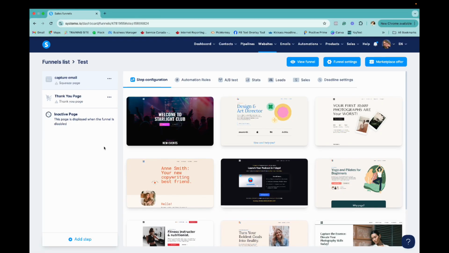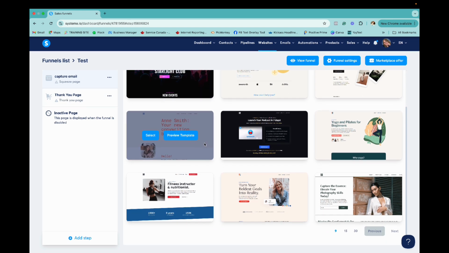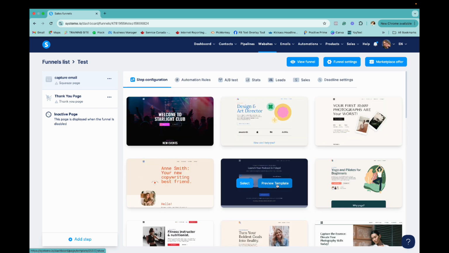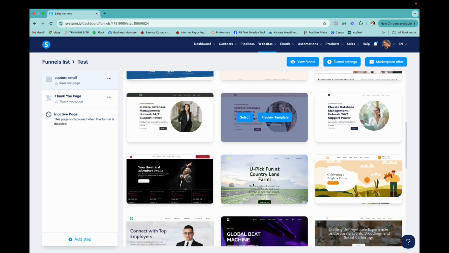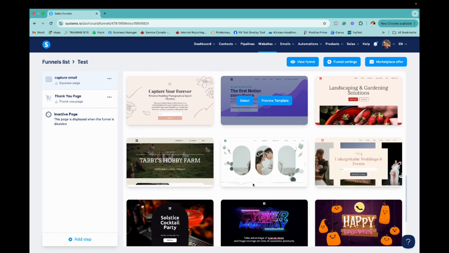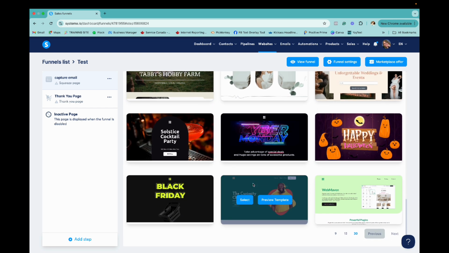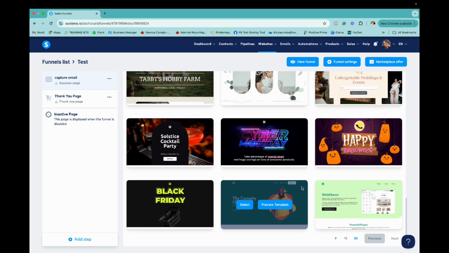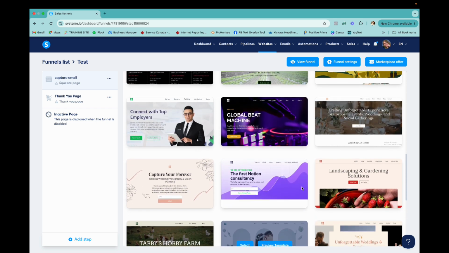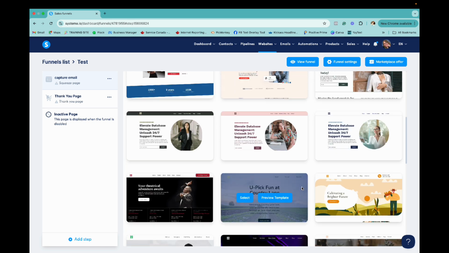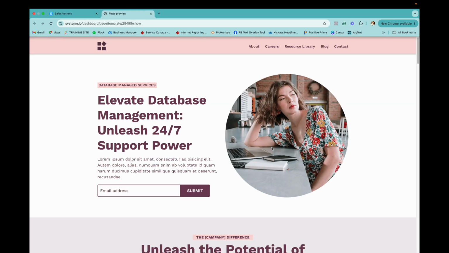Okay, so this is System.io. And you can see here, when you go to website under sales funnel, you want to do a capture email squeeze page. So you can see there are so many different options here. Let's just expand to 30 per page. And you just need to pick an option that suits you. You can change the photos, but really the actual page stays somewhat similar. So if we just click on preview the template, you can change the fonts,